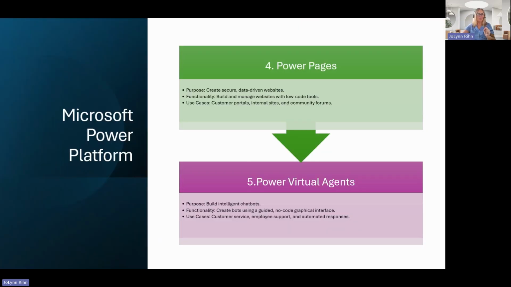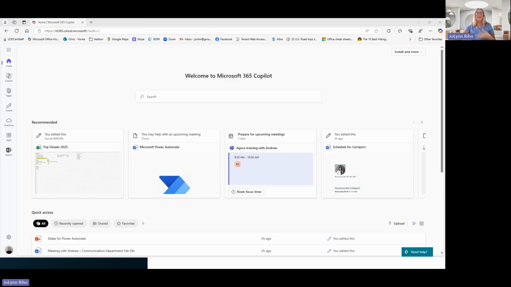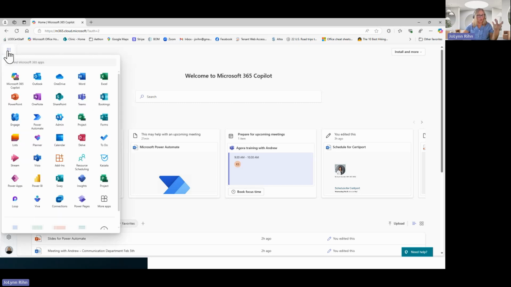I'm going to go back to the PowerPoint here for a second, let me show you one other way, which is probably the way I use it the most, is I log into my Microsoft account. I go to the internet, I go to my m365.cloud.microsoft.com website, web address, and I can go directly to my apps launcher on the top left. So you have access to all of your different programs that you have rights to from this list, which includes Power Apps.